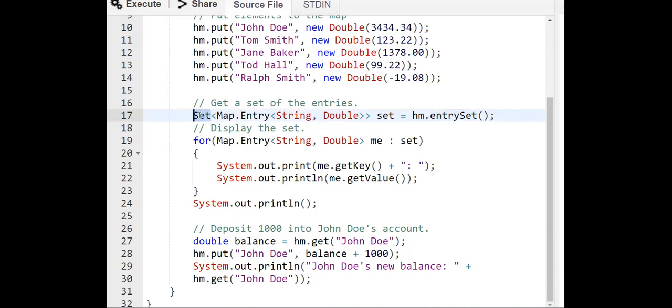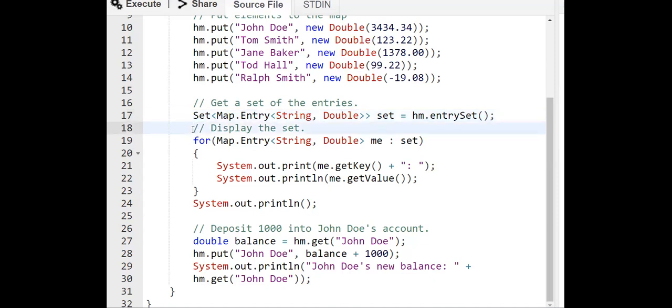When creating the Set, we need to specify its data type as Map.Entry, and within Map.Entry, String and Double.